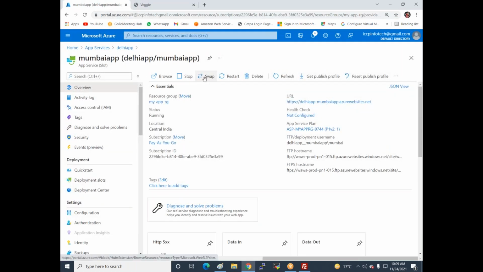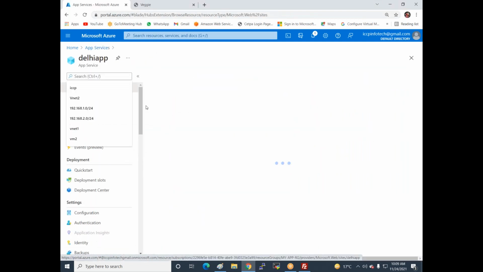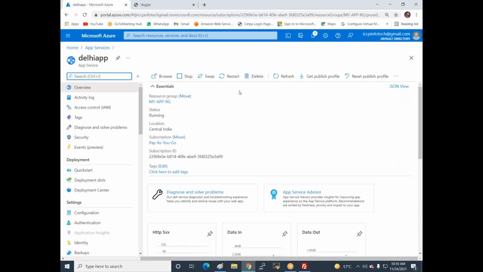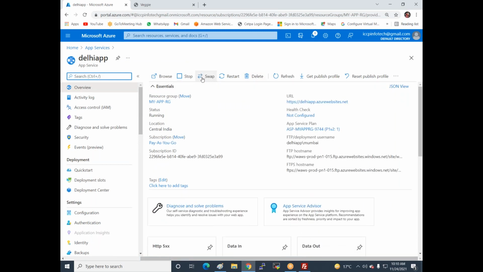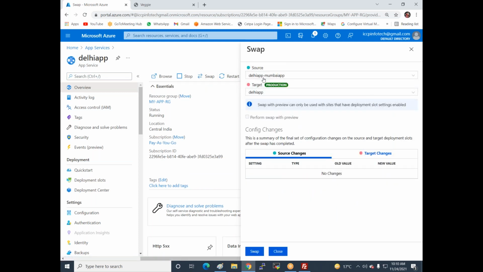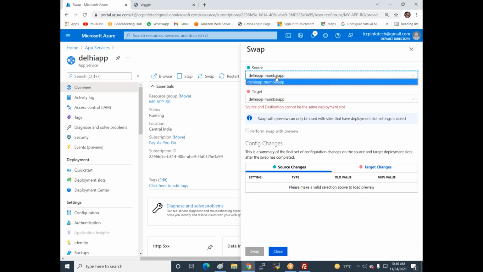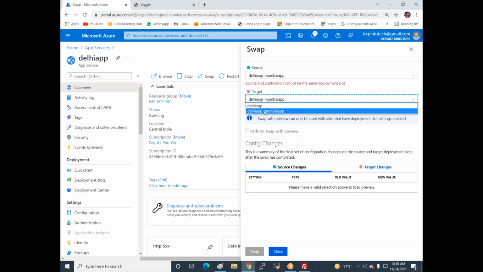Now you can see the swap option is available in the Delhi app, and inside the Delhi app I'm using the concept of swapping. I'll click on swap. The source is my Delhi app hyphen Mumbai app, and the target is the Delhi app.